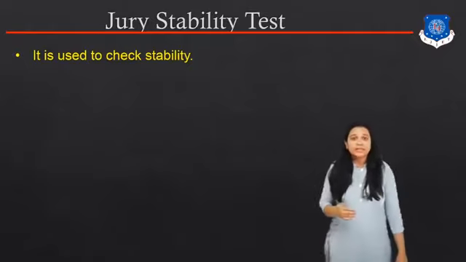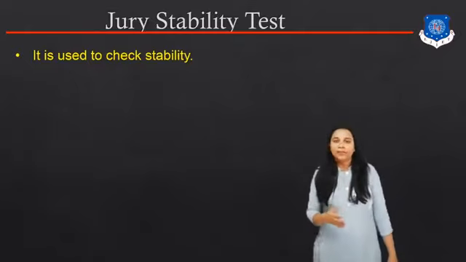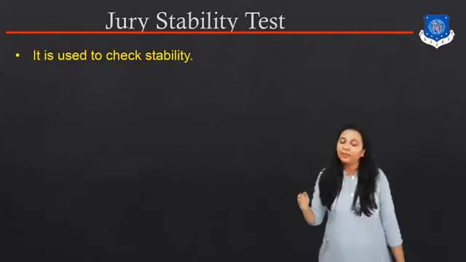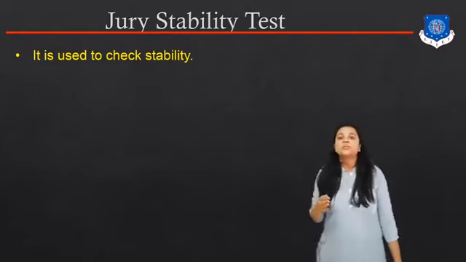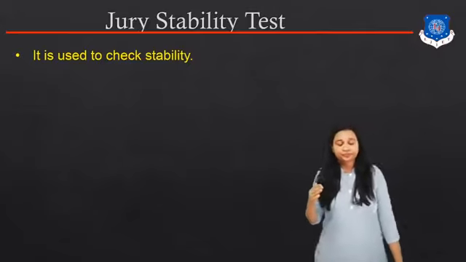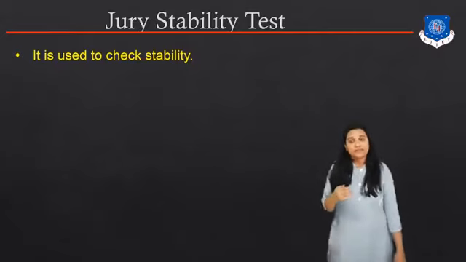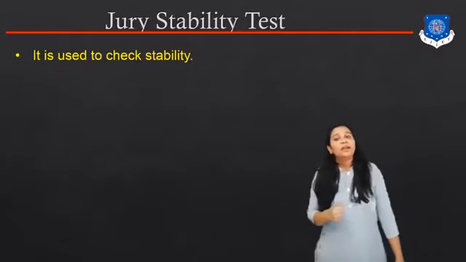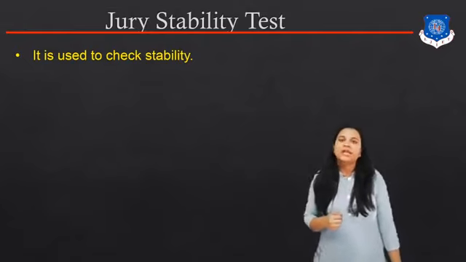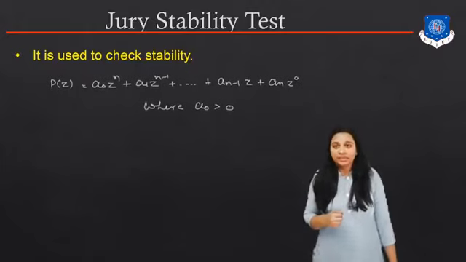Now, what is the basic rule to find the stability? As you know, if all the roots are located in the right half plane, this type of system becomes an unstable system. If the roots are located in the left half plane, this type of system is known as a stable system, and if we get the roots on the imaginary axis, in the j omega form, this type of system becomes a critically or marginally stable system.